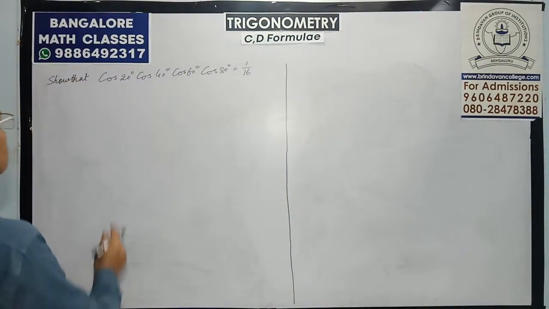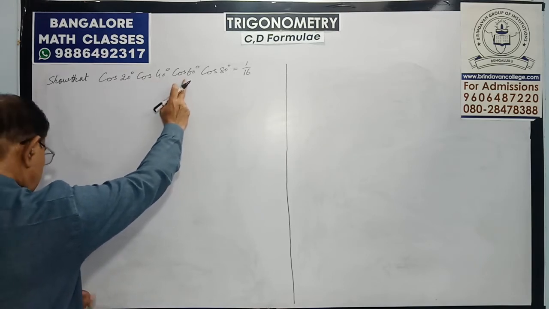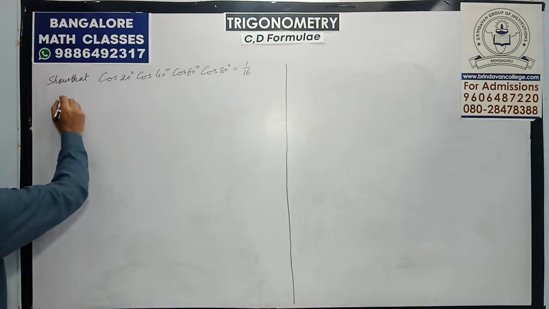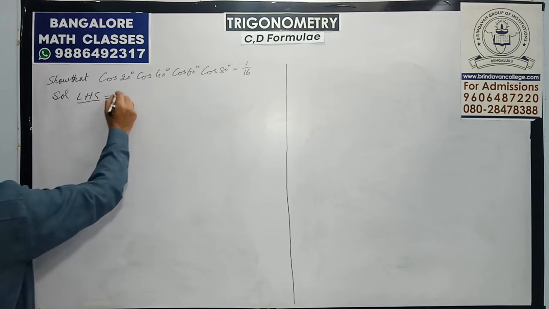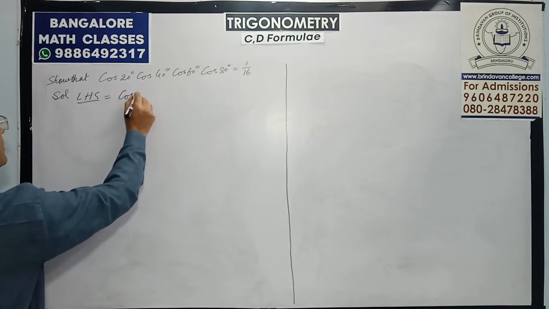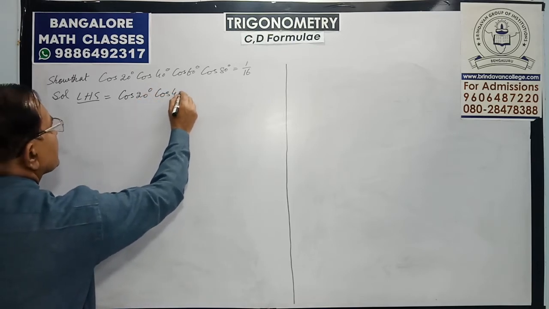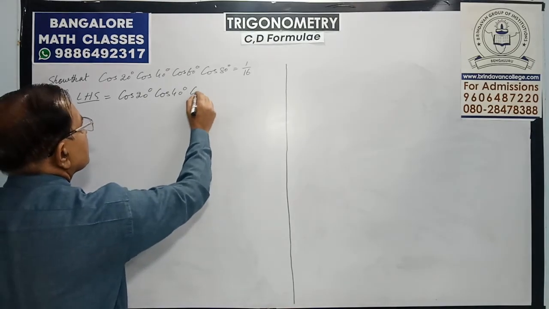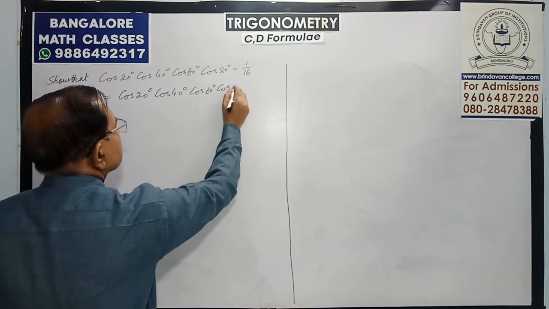Show that cos 20, cos 40, cos 60, cos 80 is 1 by 16. LHS: cos 20, cos 40, cos 60, cos 80